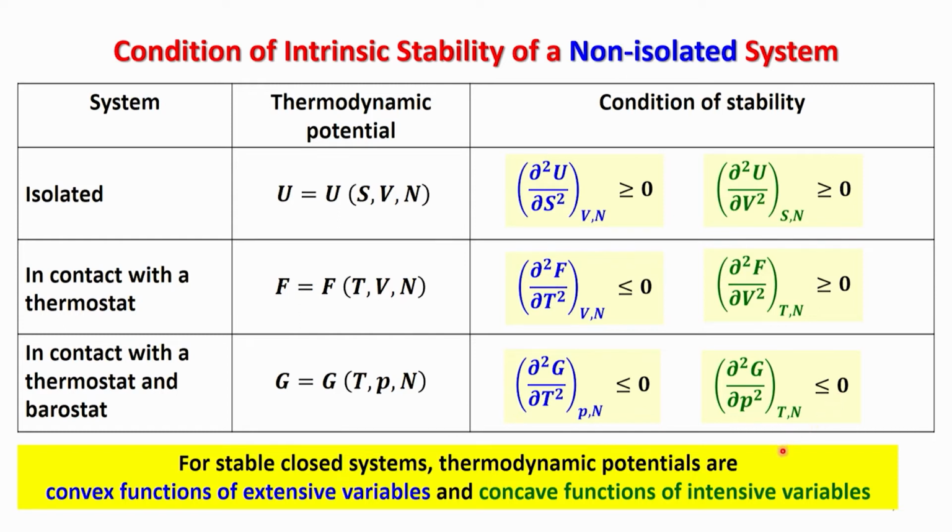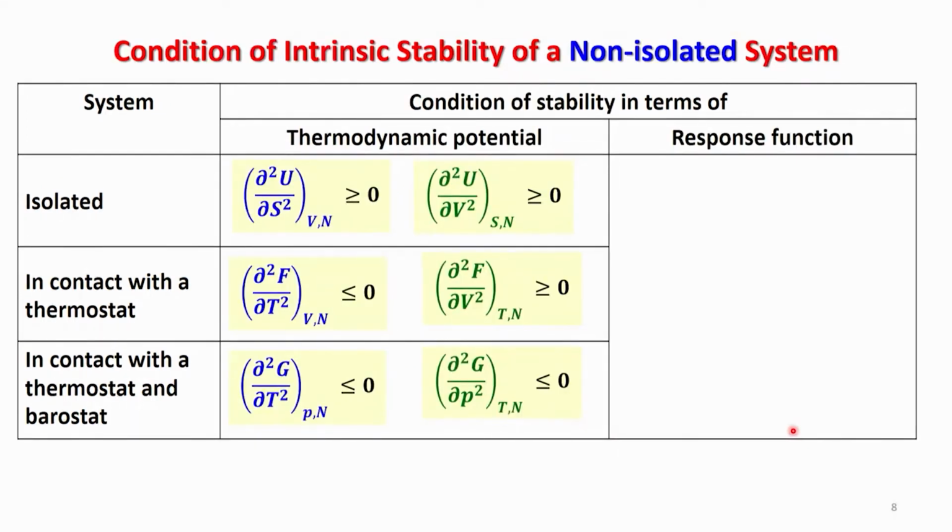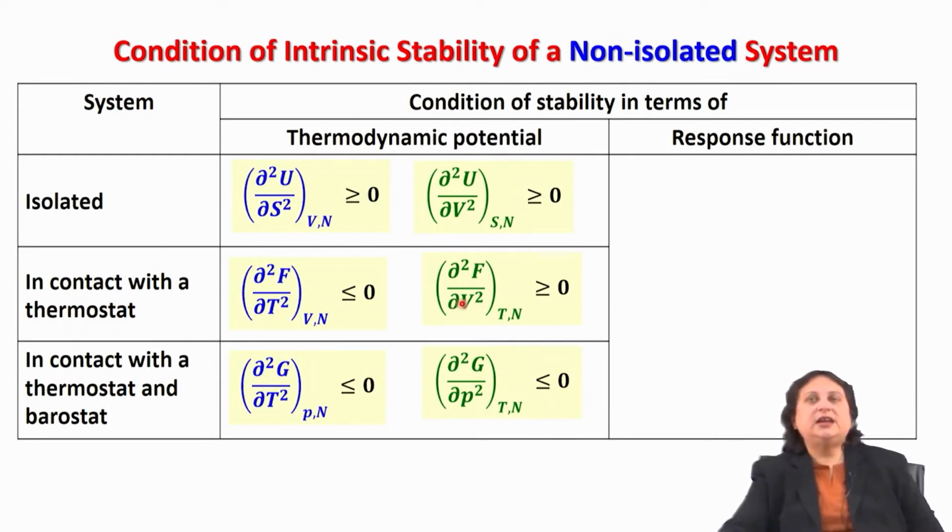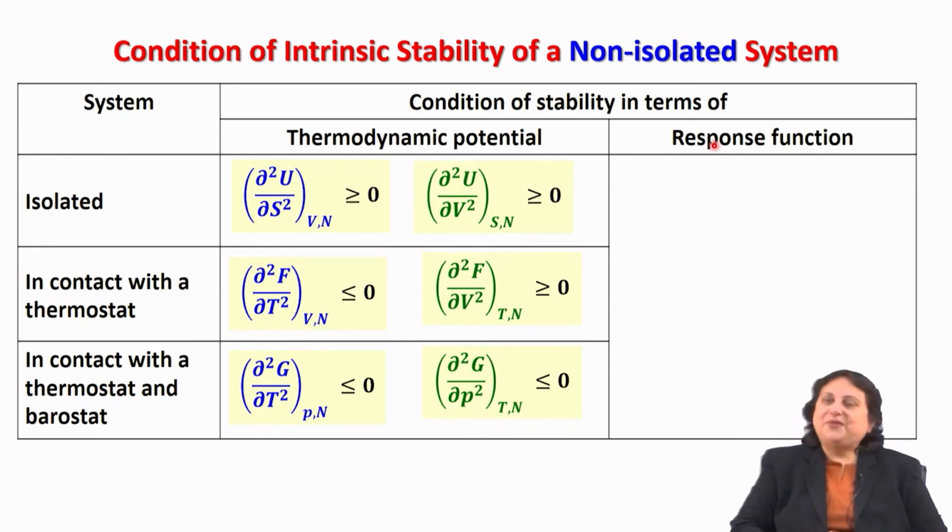Now, we have also seen how we can altogether do away with the use of these energy functions in a given assessment of a given system. Instead, what we will do is try to translate these conditions in terms of response functions. So, what was the relationship that we used to replace the dependence of entropy in terms of measurable quantities? We use the Maxwell's relations.